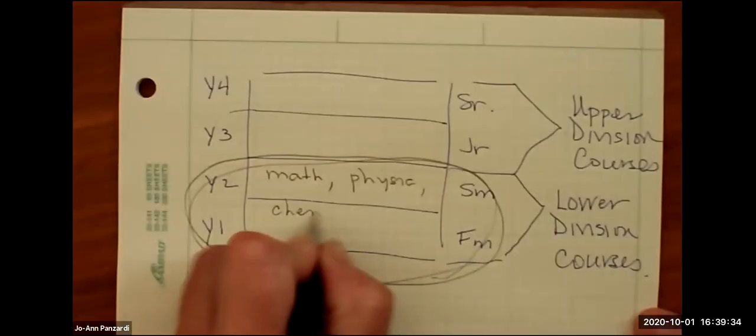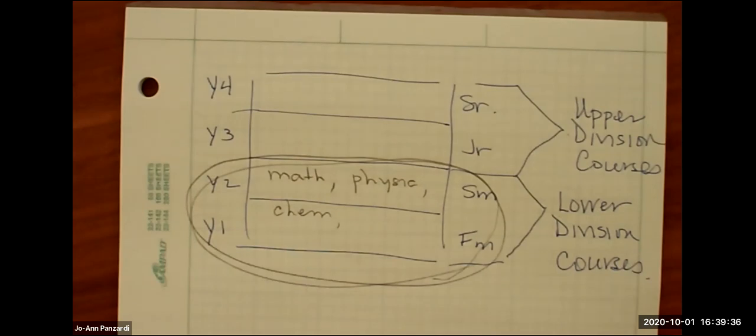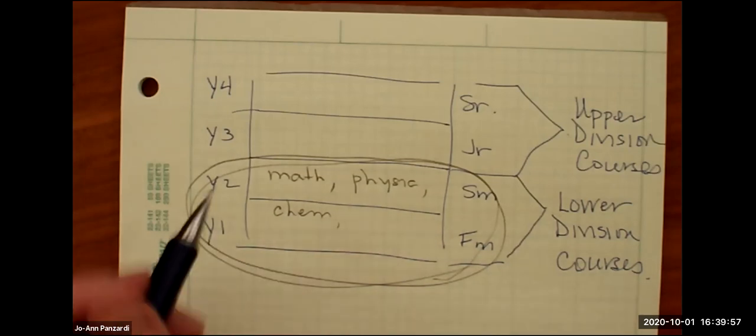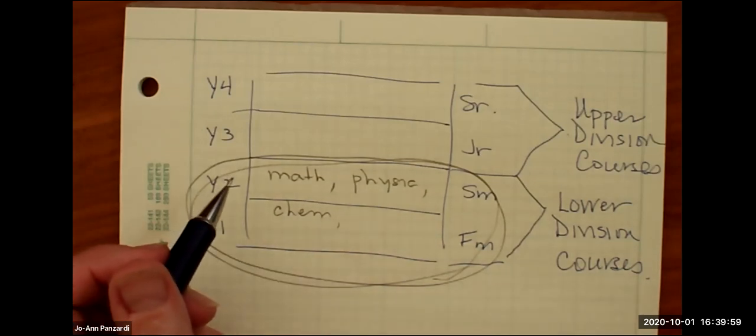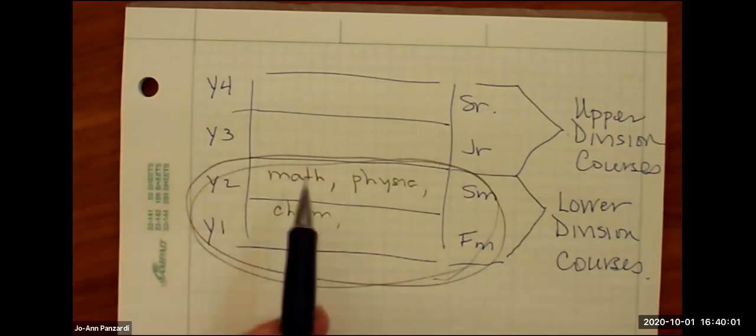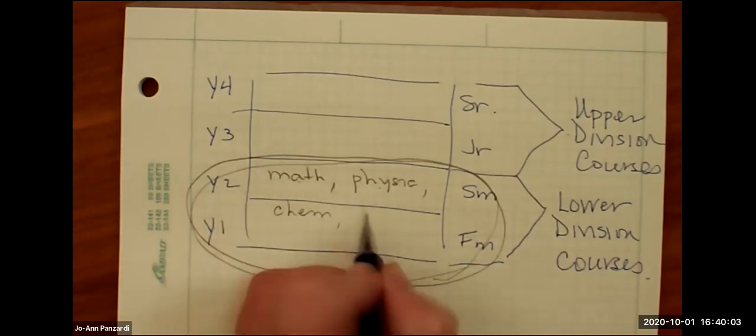Now, let me also say, the second part of this talk today, you're going to learn, and I'll tell you now, that some electrical and computer engineering majors don't have to take chemistry, which seems a little odd for electrical engineers, considering you might actually be designing chips, which will require chemistry. But some electrical and computer engineering programs at the universities don't require chem. So math, physics, chem, I'm going to say engineering,